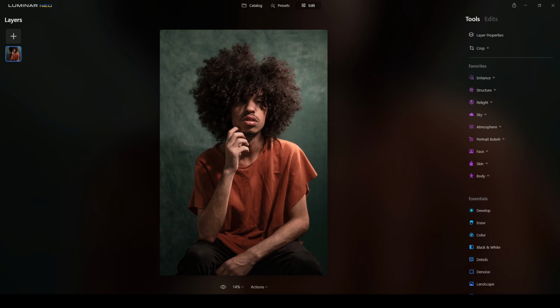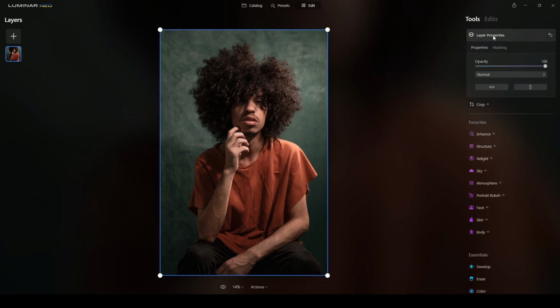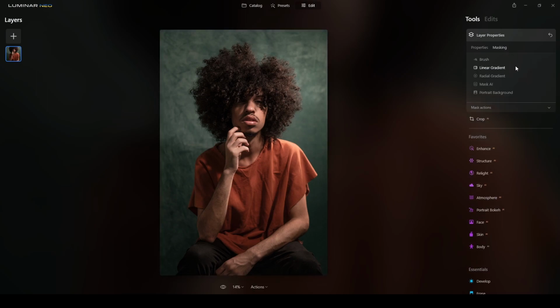But I will try to do my best in this case to explain to you guys how I do it using only Luminar Neo. So the first thing I will do is just with one click separate the background. Luminar Neo has this option here. When you open the photograph, you go to Layer Properties, and under Layer Properties, you want to go to Masking. You click on Masking, and then it will show the options over there. We have two different options: Mask AI and Portrait Background. I want to use Portrait Background, so I just click on that one